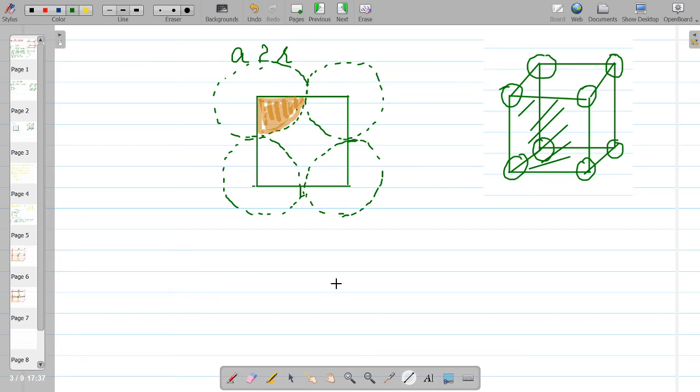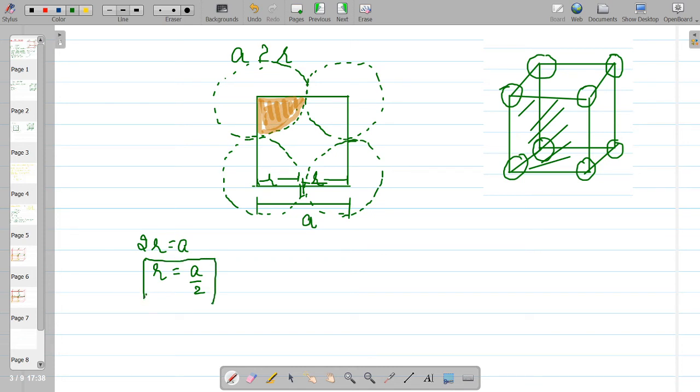ठीक है. Now let's move towards this property, that what is the relation between A and R. As I was saying, A represents the side of the cube, so this complete length would be A, and as R represents the radius of the atom, so this would be the R. This would be R, this distance. Similarly this distance would be R. So it is very much clear from this figure that twice of R is equal to A, or you can say R is equal to A by 2. So this is the relation between R and A.